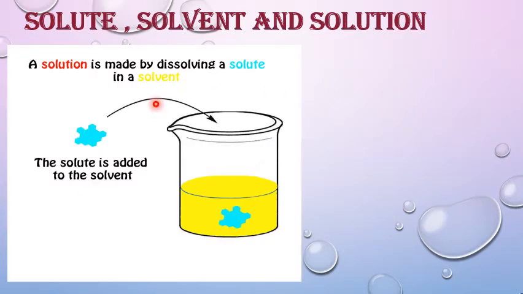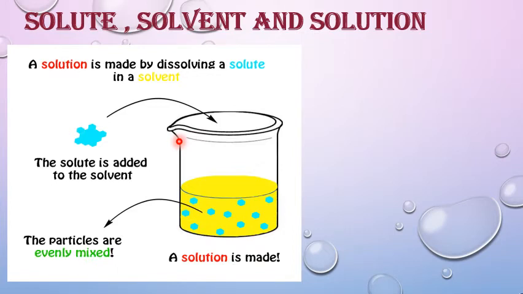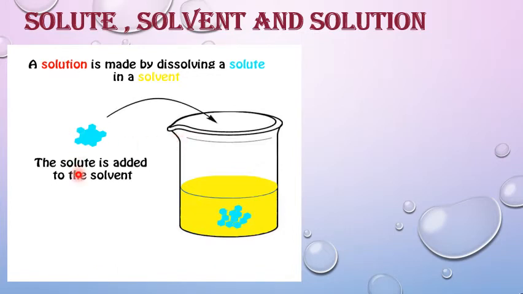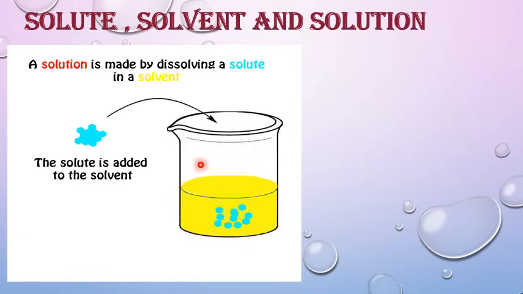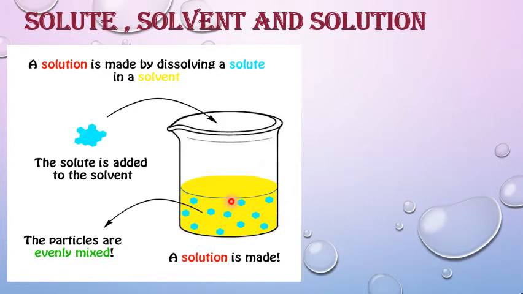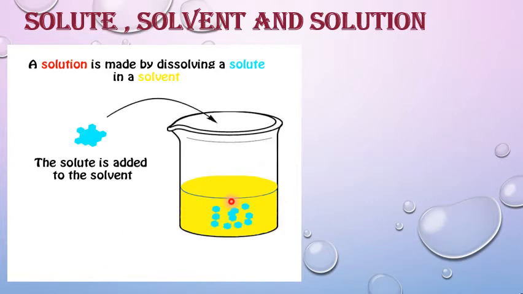Now see, here one picture is given. From the video you can make it very clear. When solute is added to the solvent, the particles get mixed inside the solvent, and after dissolving they will form a solution. Example, suppose you take solute, that is salt or sugar, which is something that will dissolve, and you take the solvent, that is water. You have to dissolve it in water, so water will become the solvent.